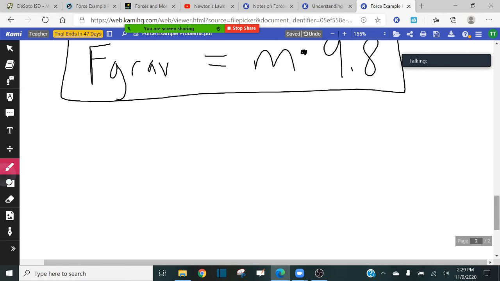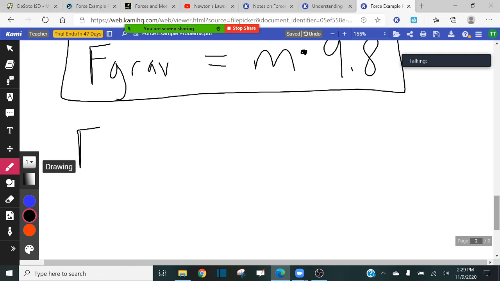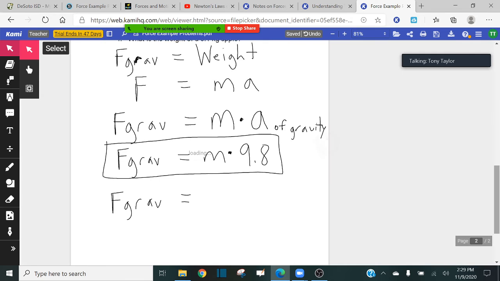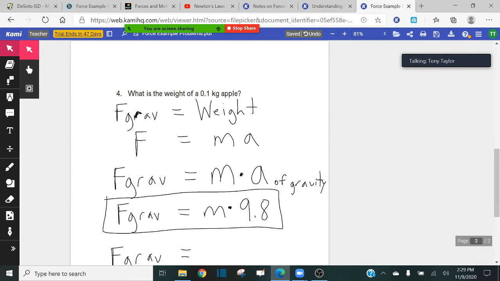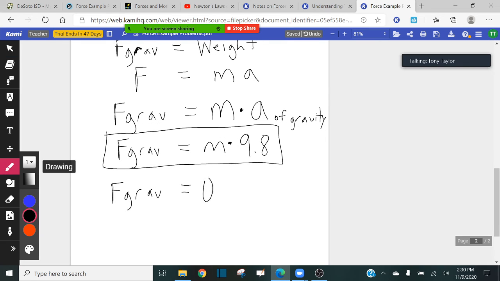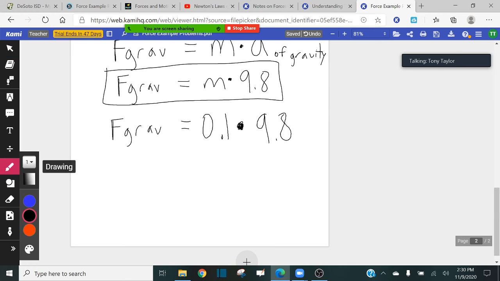Okay. So we have our apple here. And notice we go up to the top here. It says our apple has a mass of 0.1 kilograms. So we know the mass is 0.1 kilograms. How can we find the magnitude of the weight of the apple itself? Well, I'm going to plug 0.1 into this equation. 0.1 times 9.8. When I do the math there, what do I get? I get 0.98